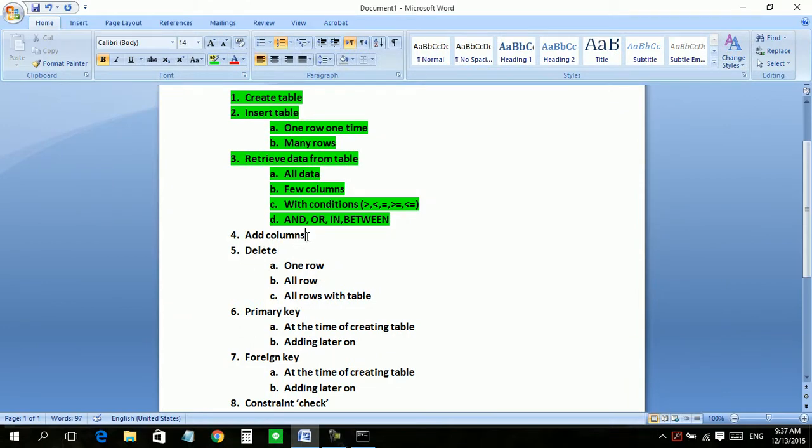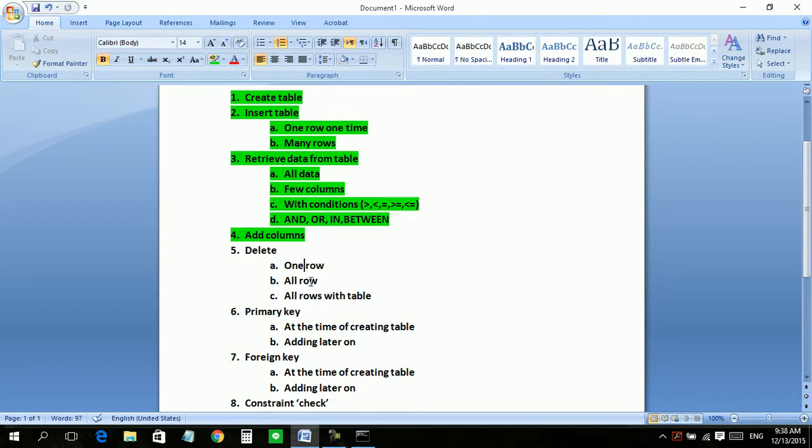Now comes the question of deletion. There are three things we want to do: delete one row, delete all rows, and delete all rows with the table also. If we delete one row, that row will be deleted, but the table with the remaining data will be there.